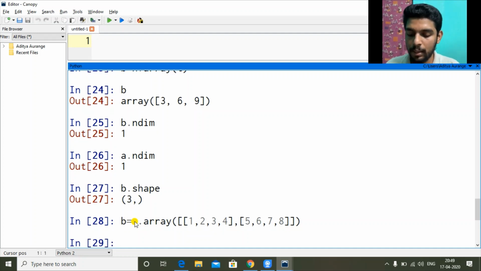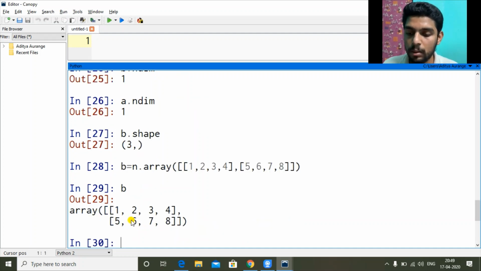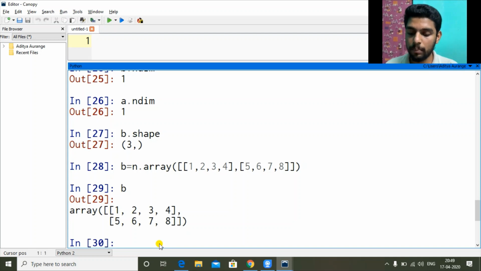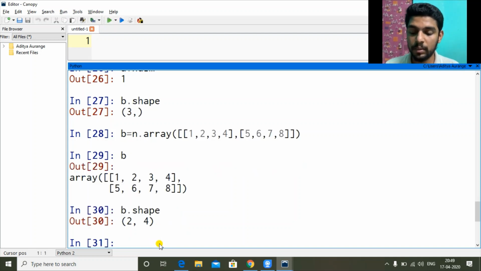So now B equal to this: one 1D list, second 1D list, enclosed in a list. So this complete thing together is a 2D list. Now getting back to shape. B dot shape. See, 2, 4.